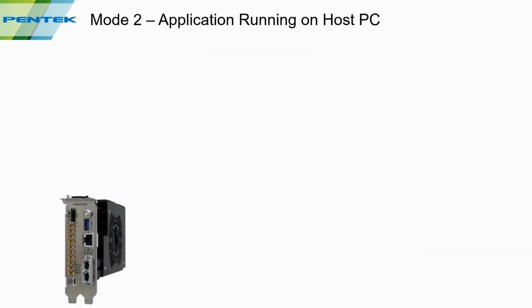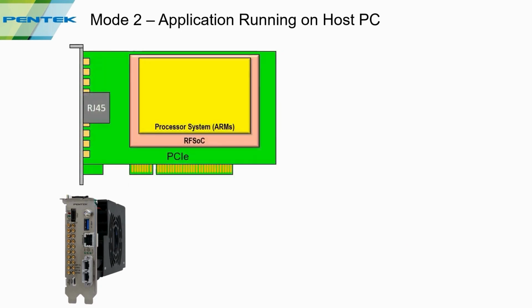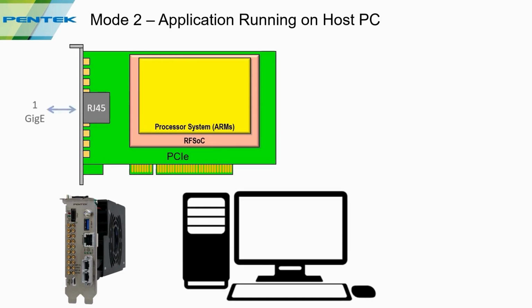In the example where we were modifying the code, we were running that on our PCIe version of the board. Graphically, it's similar to the other board. It does have a 1 gig E interface on the front panel, but we weren't using that. We actually were using the PCI interface on the board, and the card was plugged right into the desktop